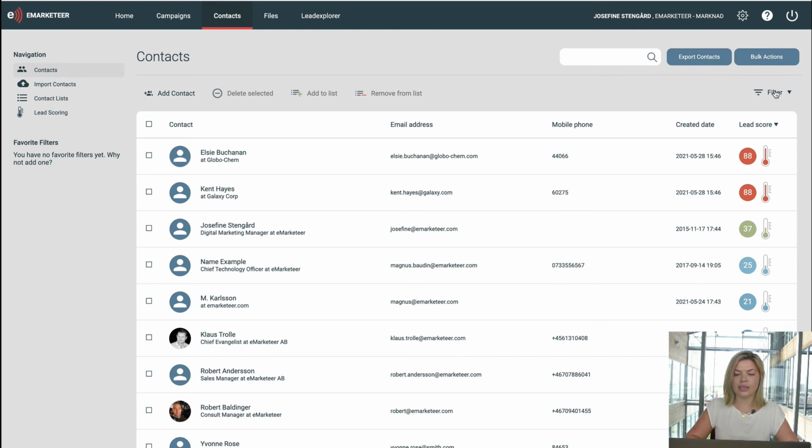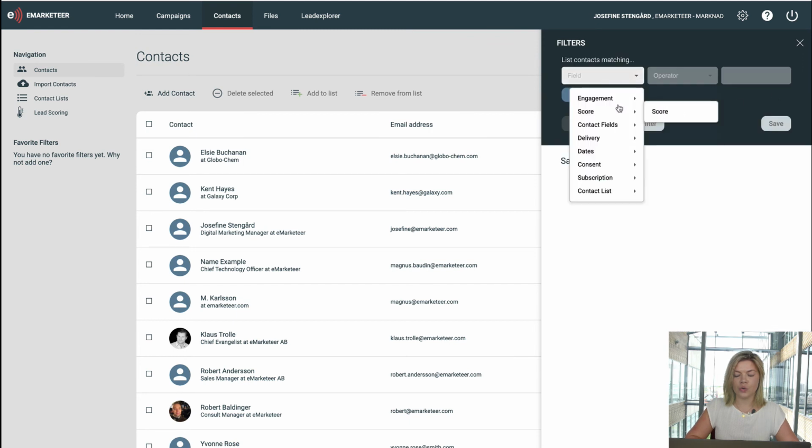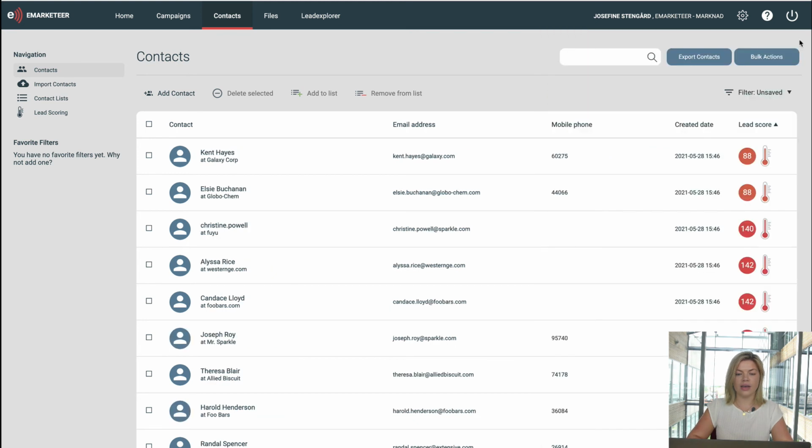So we click filter, choose score, and now we can choose that we want to see the contacts that have greater than or less points than. So in this case, greater than 79, apply filter. And here you then have a selection of your MQLs.